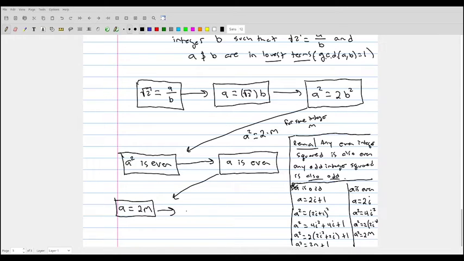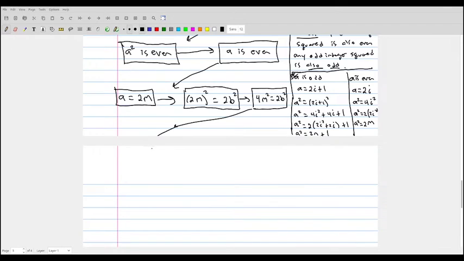So a squared equal to 2 times b squared is the same thing as saying 2 times m squared... (2m) squared is equal to 2 times b squared, which gives us that 4 times m squared must be equal to 2 times b squared, which finally leads us to